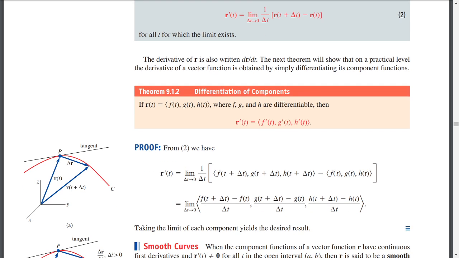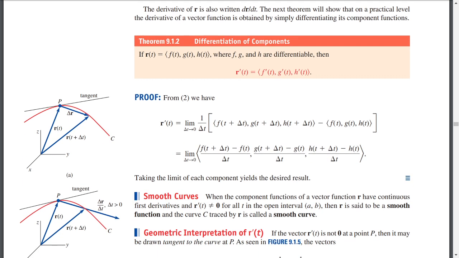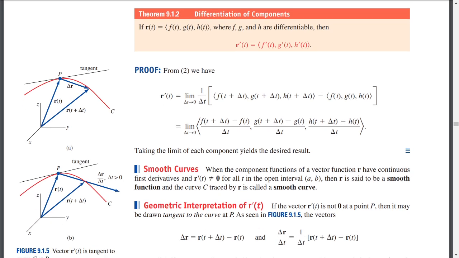Now next is theorem 9.1.2. It gives us the idea of the derivative of a vector function. We have already seen the definition of the derivative of the vector function. Now go to the theorem